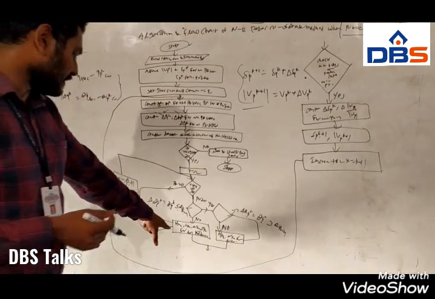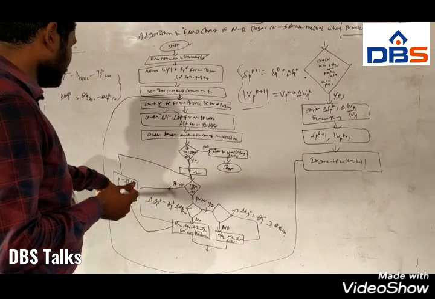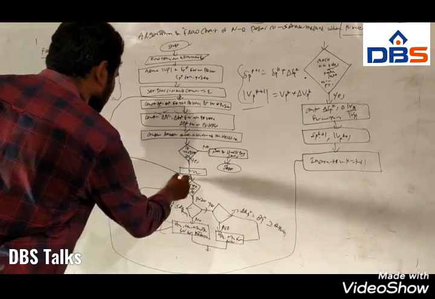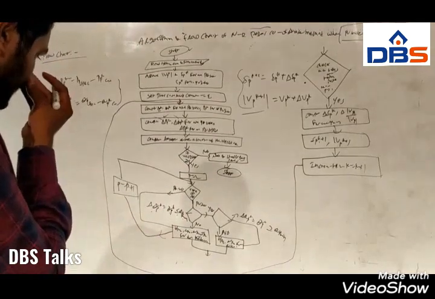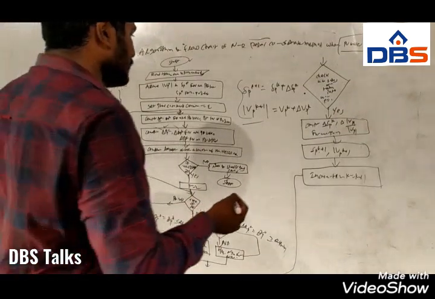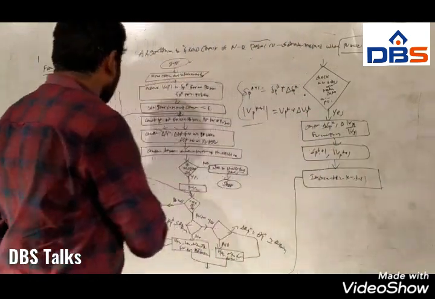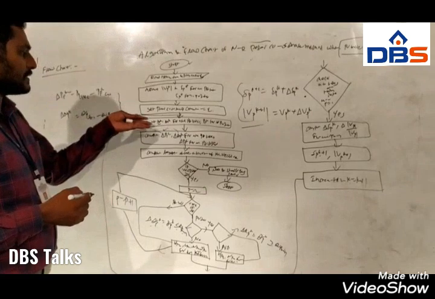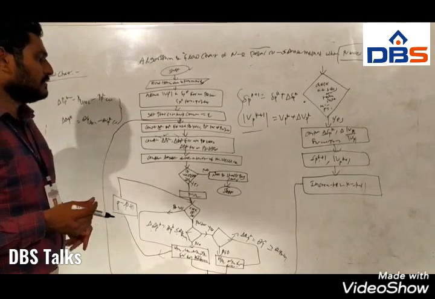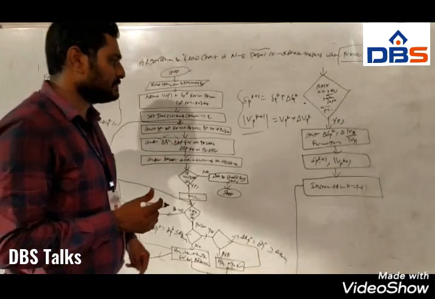So here after computing the Jacobian elements we have to increment the bus count, and after that it will go to the step, that is type of bus. We have to check the type of bus and repeat the same steps, and after incrementing the value we have to return to step 4, that is compute Q power K for all PQ buses and Q power K for all PV buses.